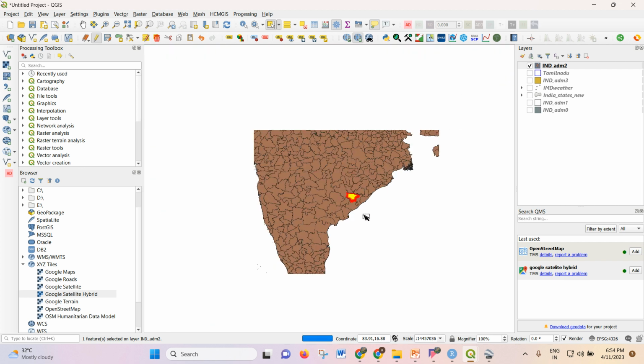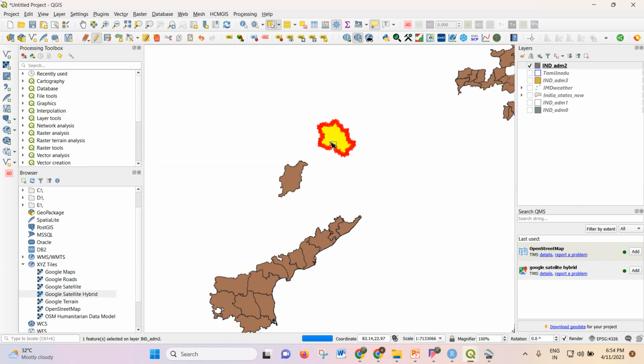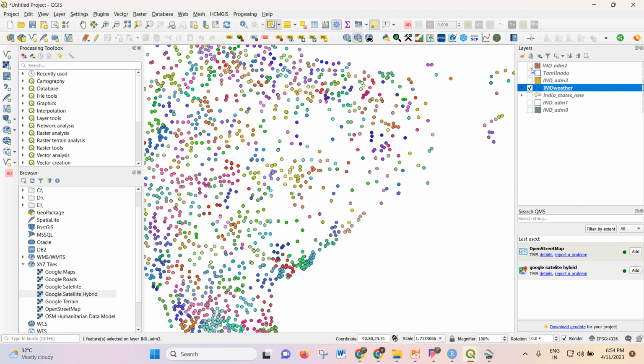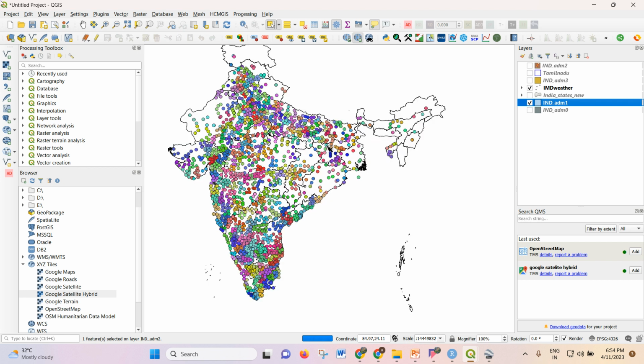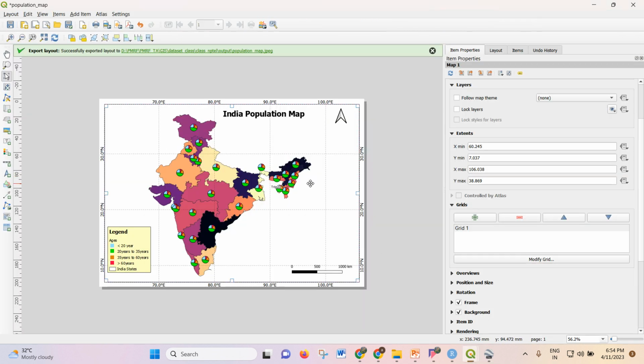So these are the options. If you are interested, you can go with this one option. You can see with different vector layers. So this is the thing. This is the IMD one. This is my India. So you can make such an IMD weather data map also, like as we made this India